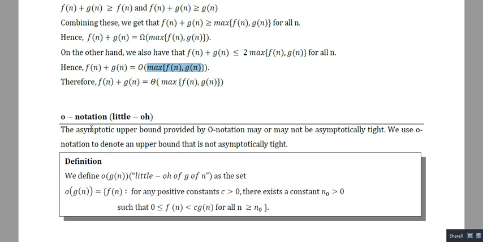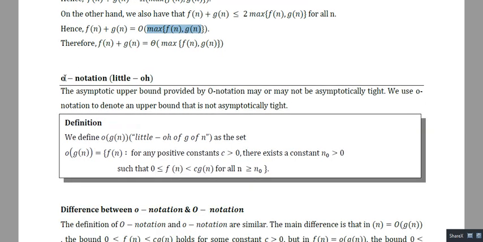These are also very frequently used. One is little o notation, another is little omega. The definition of little o notation is quite similar to the definition of big O notation. Let f(n) be a function, so we can write f(n) = little o of g(n) if f(n) is less than c times g(n).